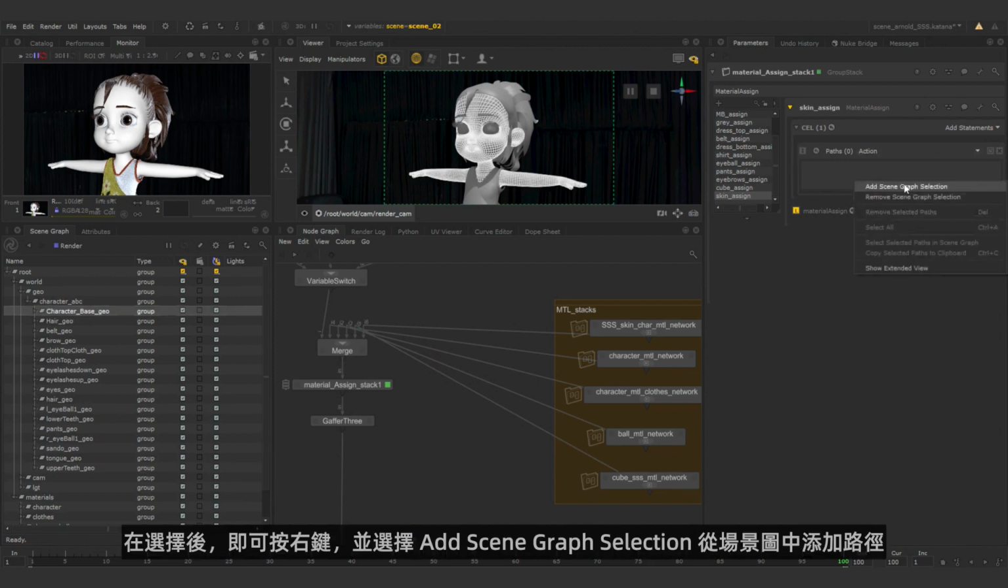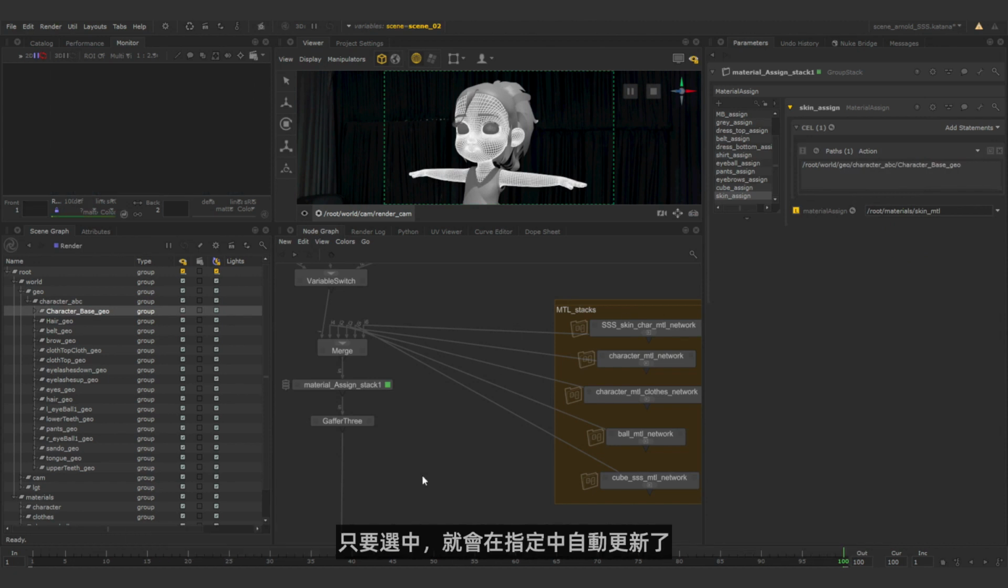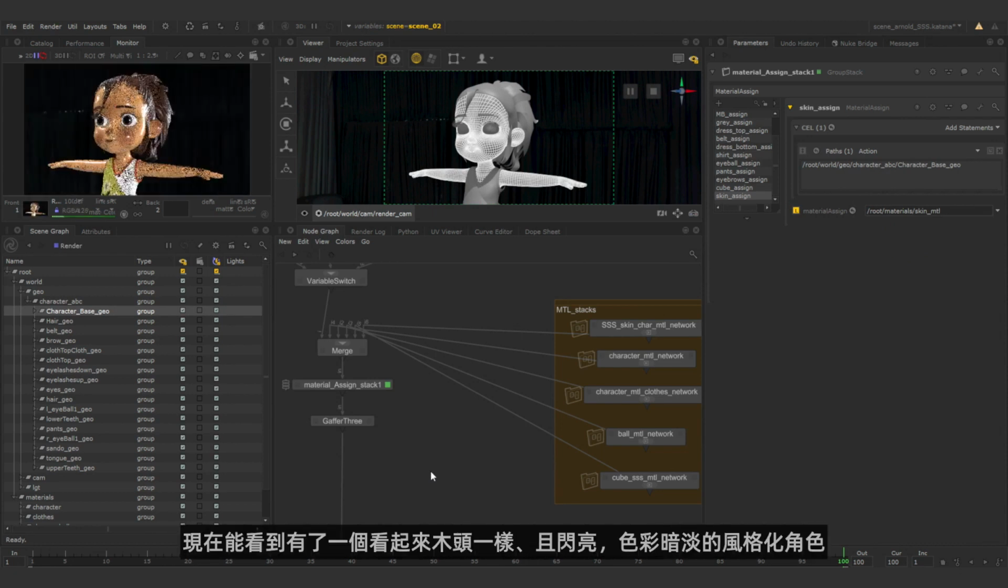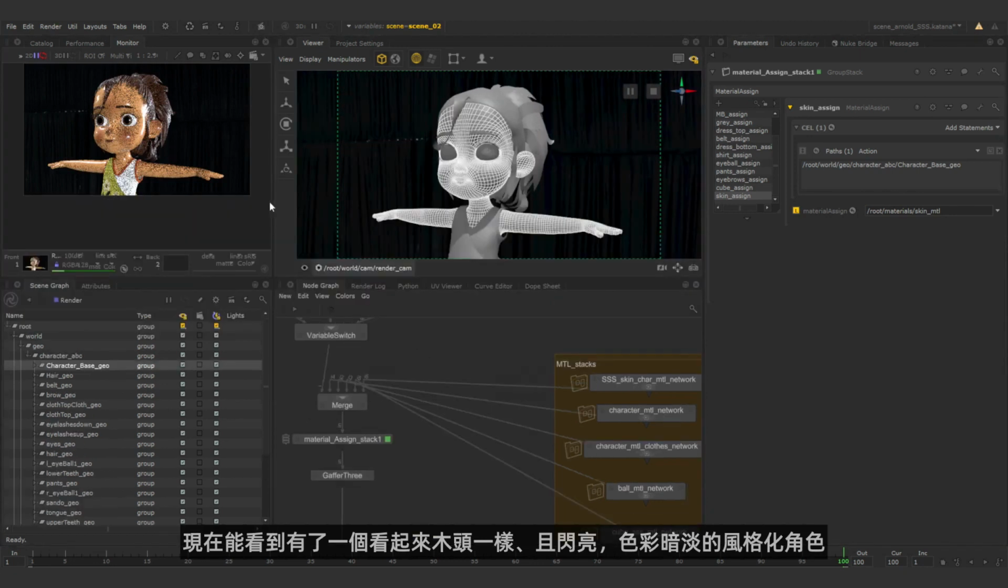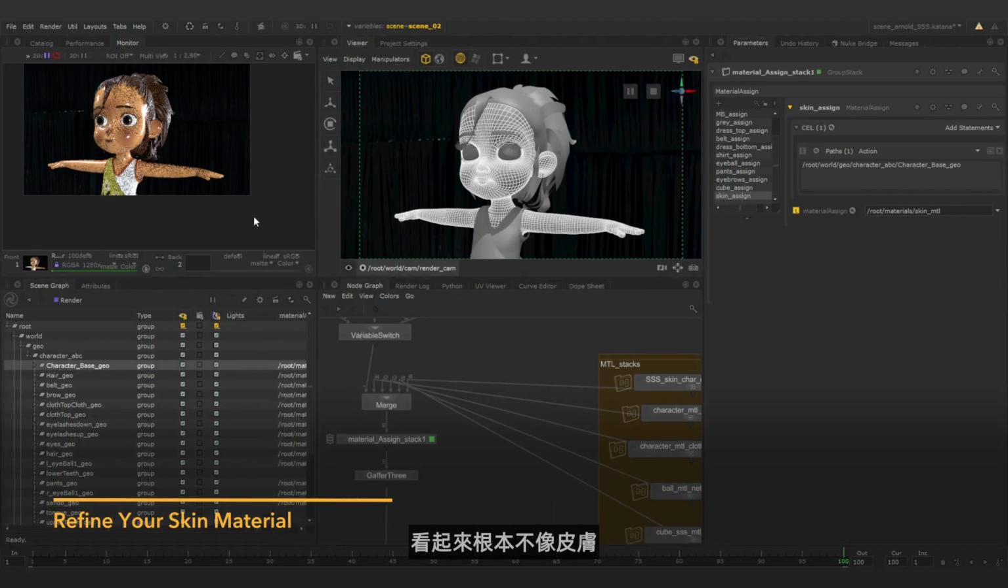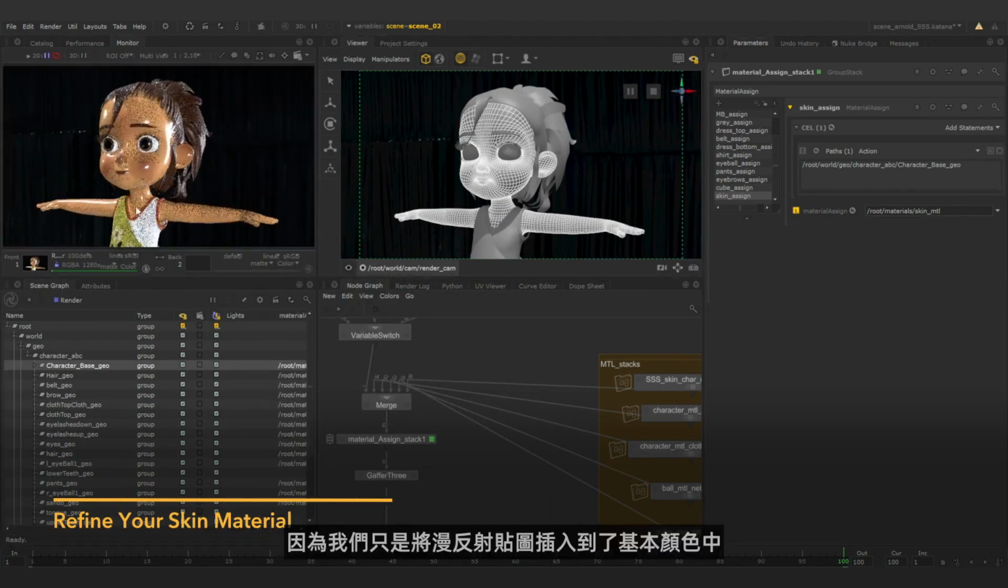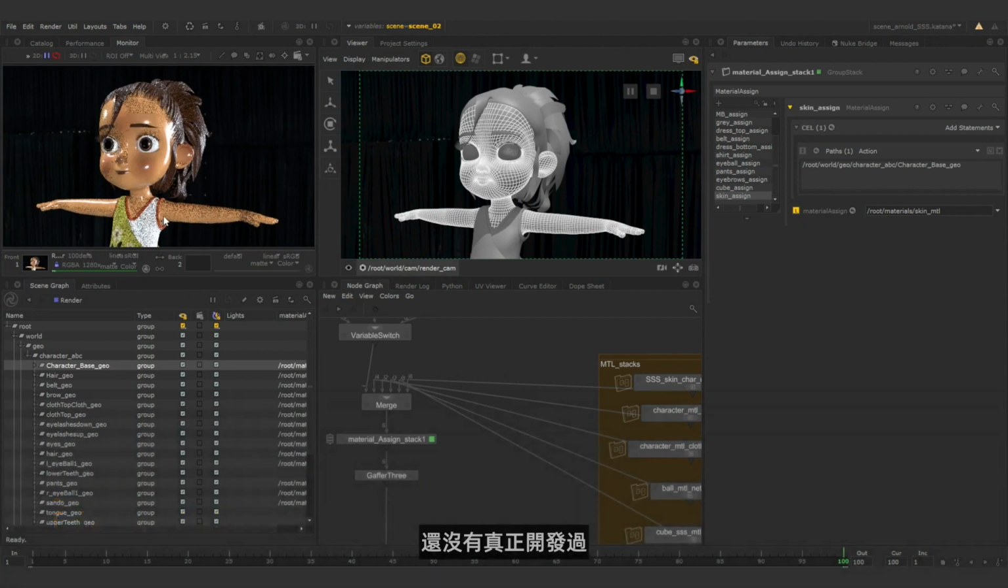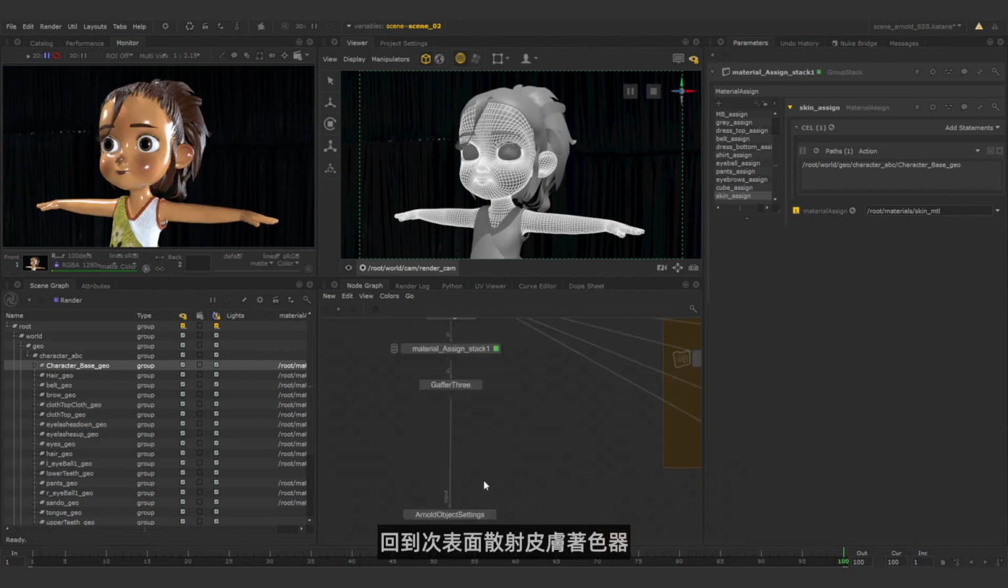So there, with it selected, you can right click and go add path from our scene graph. So you need to have it selected and it will automatically update in the assign. So now we can see that we have a rather wooden looking and shiny doll looking stylized character that doesn't look like skin at all, because we've plugged our diffuse map into the base color and we haven't really developed it at all. So we can hit the forward arrow and we will go back to our subsurface scattering